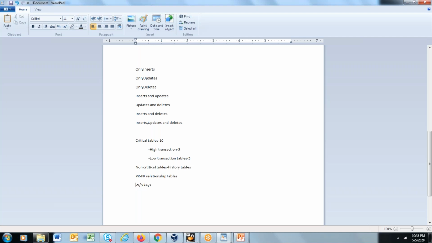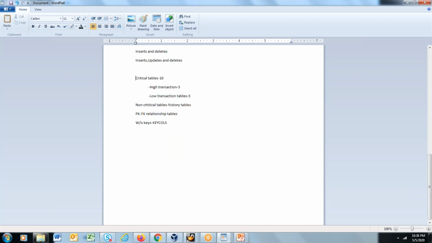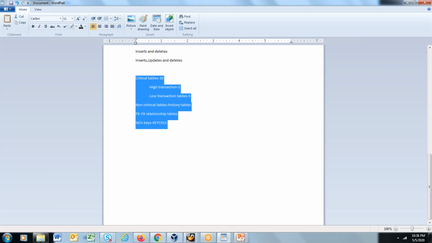And then tables without keys will again cause an error. So in Golden Gate it is recommended that each table should have a key defined. If the key, either unique key or primary key, is not defined, you can define it at Golden Gate level using KEYCOLS. However, if the tables are not present with any key, you will definitely have to identify which columns can form the key. You will have to sit with the application team. So all this really depends on how you can make your Golden Gate performance efficient. This is really very important for making your Golden Gate performance efficient.